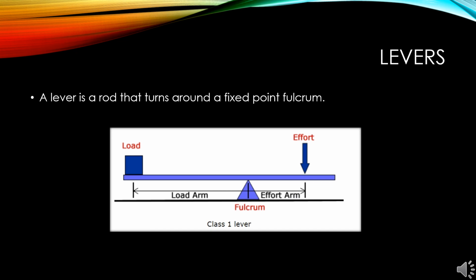Children, you can all see in the figure a rod is shown. This rod behaves as a lever. It has a fixed point represented by F and it is known as fulcrum. Then you can see that effort E is applied at one end to lift the load L. Please note the distance between F and E is called effort arm, and the distance between F and L is called load arm.